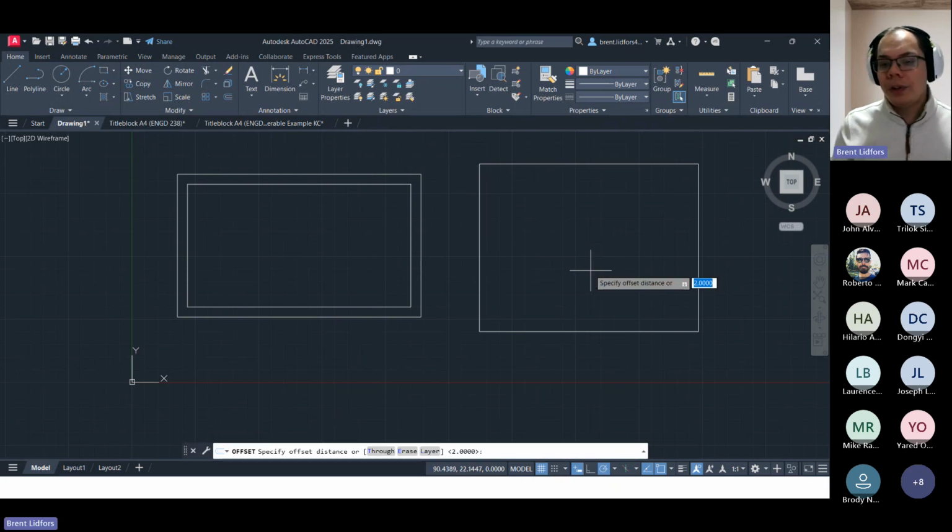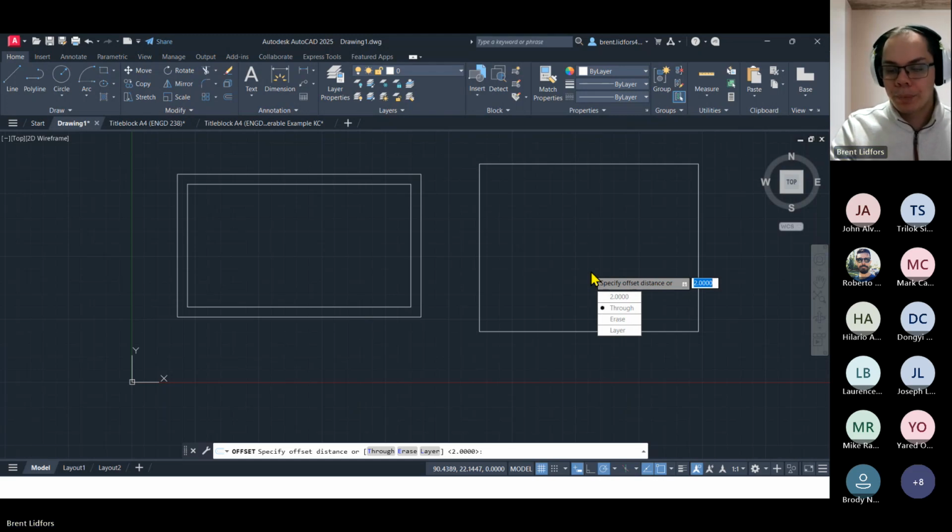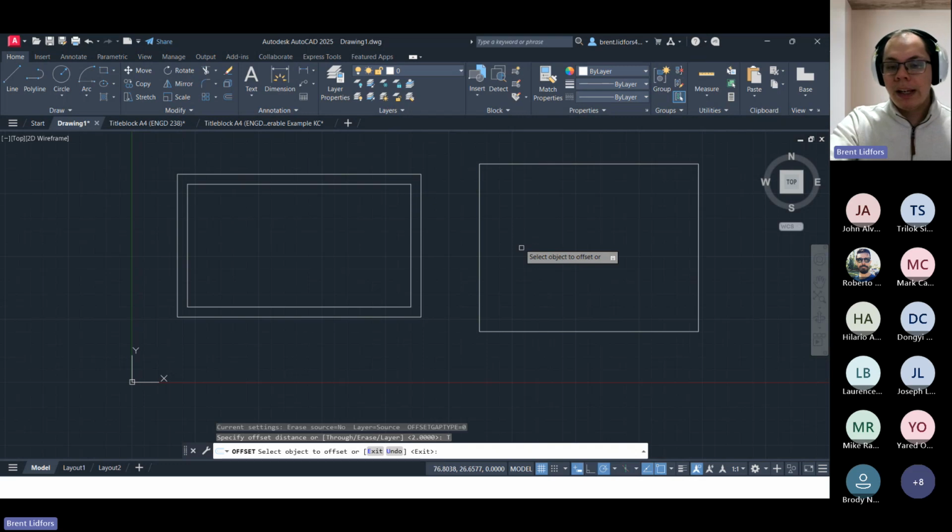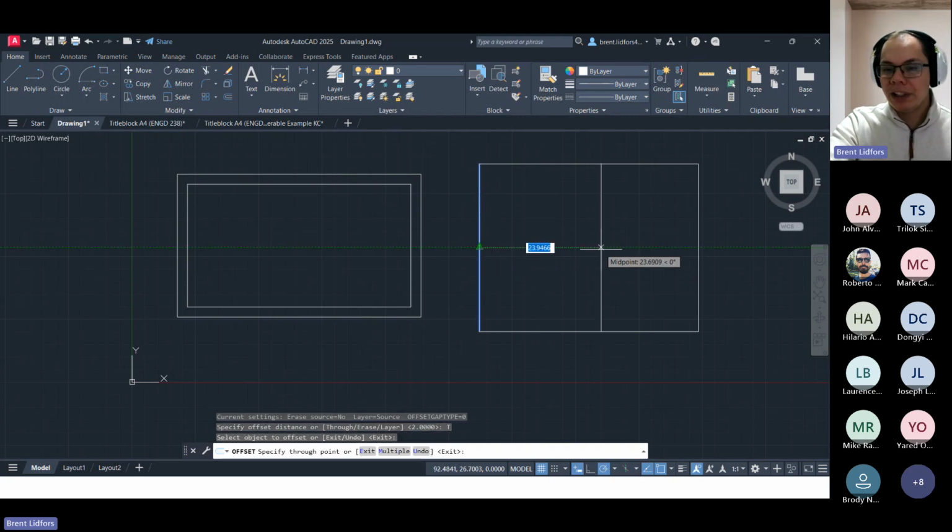With the distance, it says specify offset distance or another down arrow menu. From here, we have another option for through. It's just showing my previous input, 2.0, but we also have through in here. If I choose through, it's going to ask me for an object to offset, and then I can manually determine